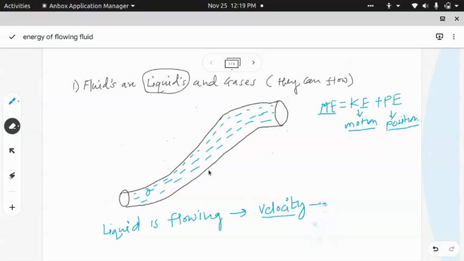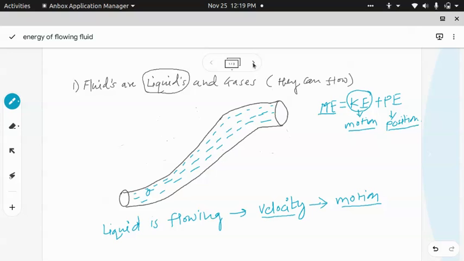If anything possesses velocity, it should have motion, right? And if it has motion, then it should have which energy? Kinetic energy. So this liquid flow possesses kinetic energy, and which can be given by,